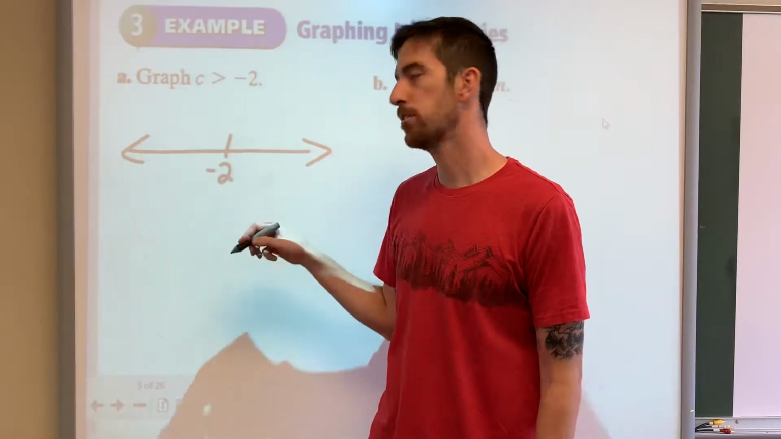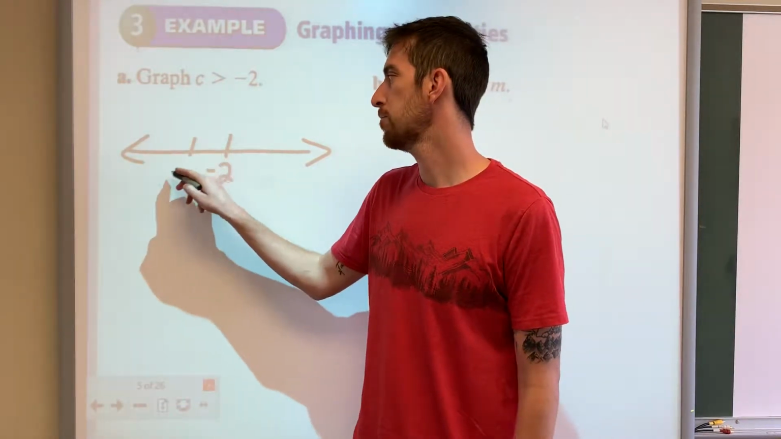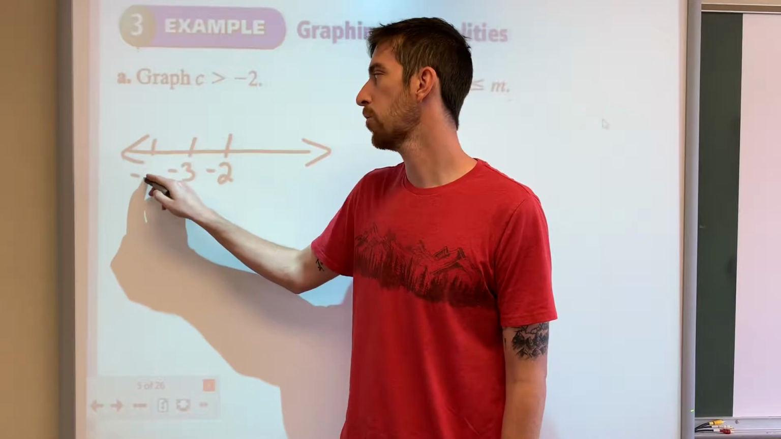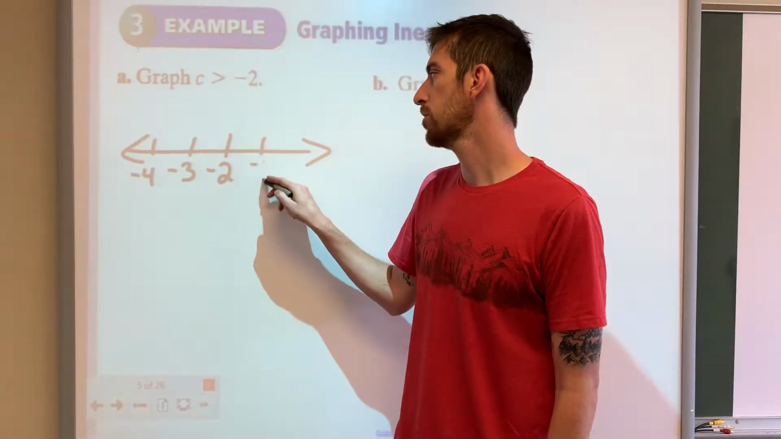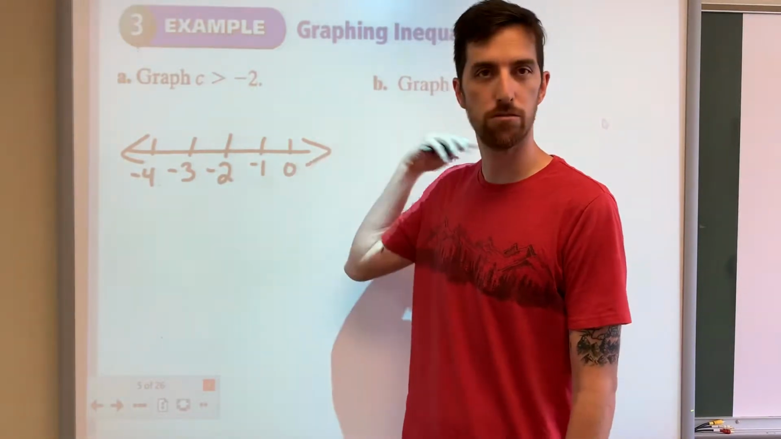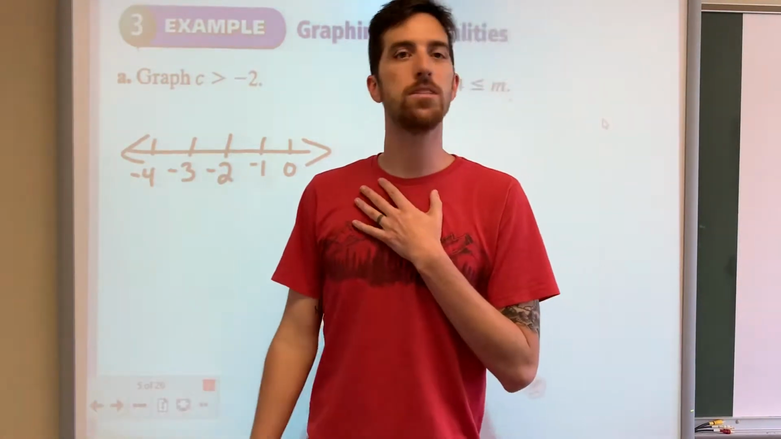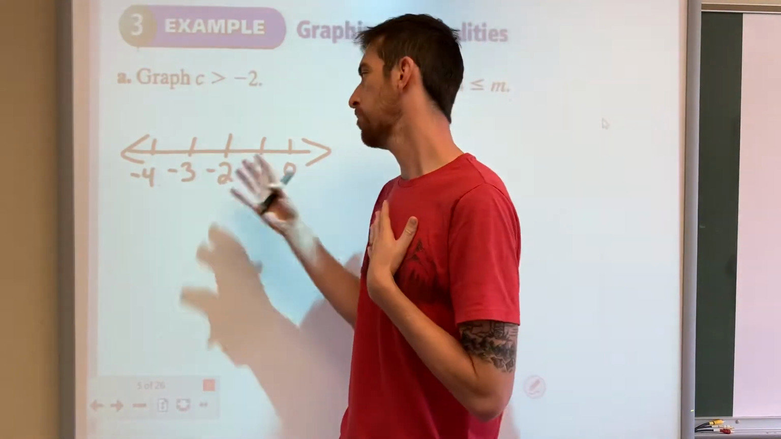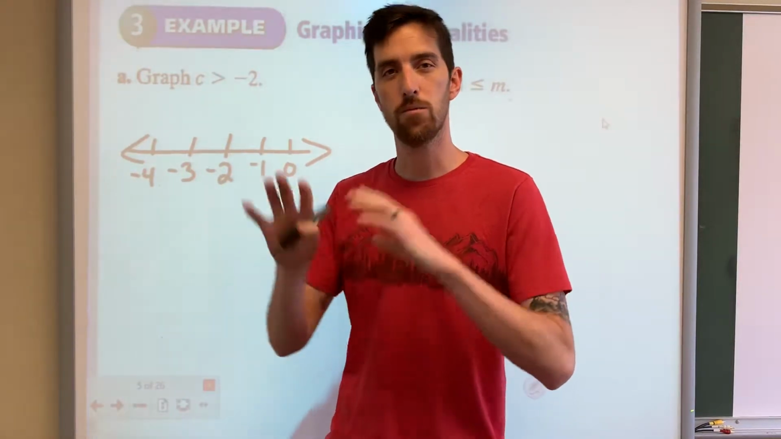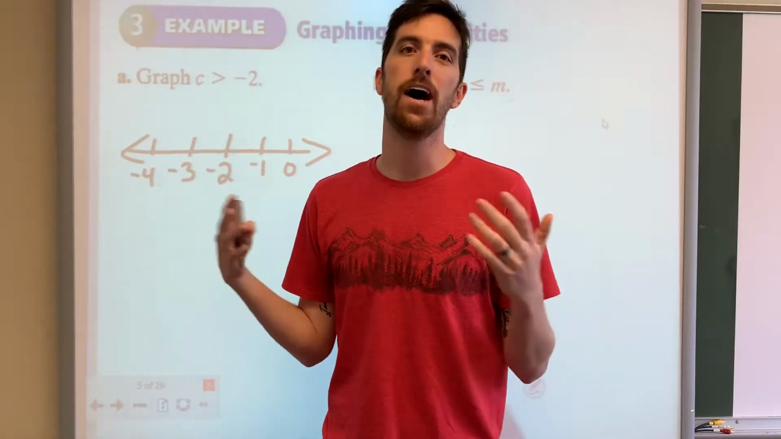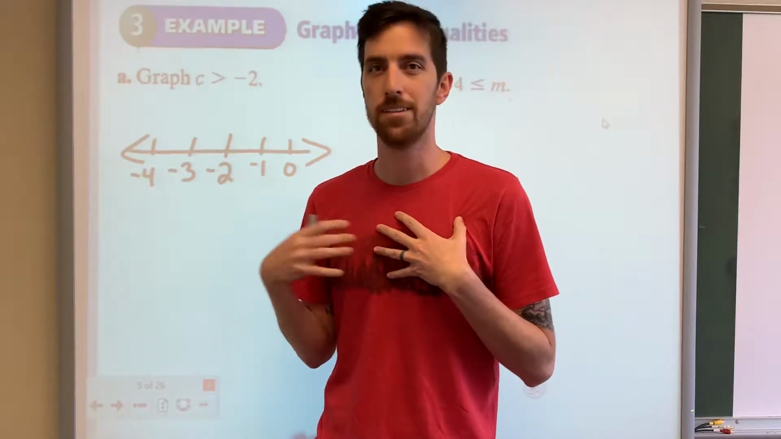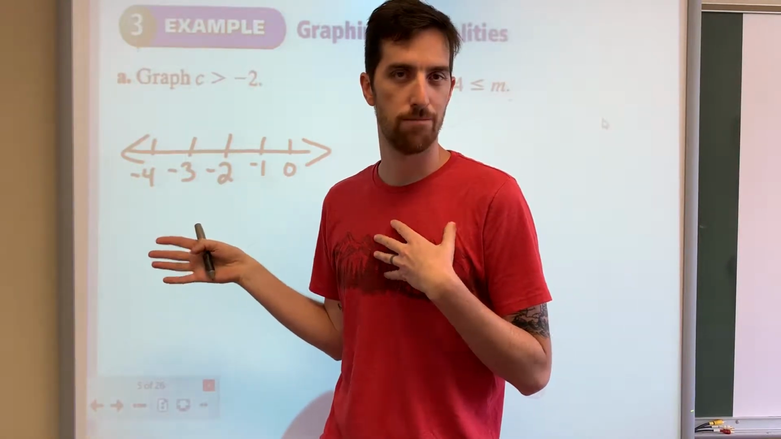Now if this was a real number line, to the left of it would be -3 and -4. Over here we'd have -1, 0, 1, 2, 3. It goes on forever in both directions. However, when I'm doing these, I'm really only looking at one number, the -2, and then which way you shaded it. So I will say for me, just put that number on the number line and make sure you shade